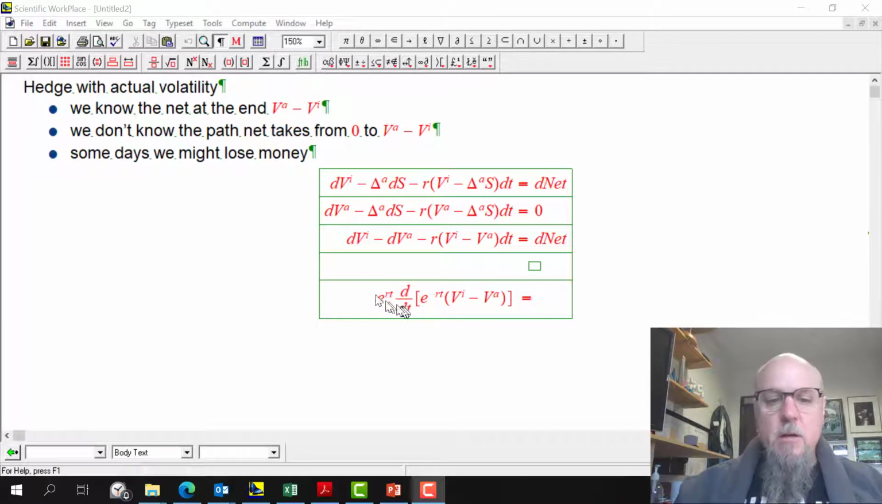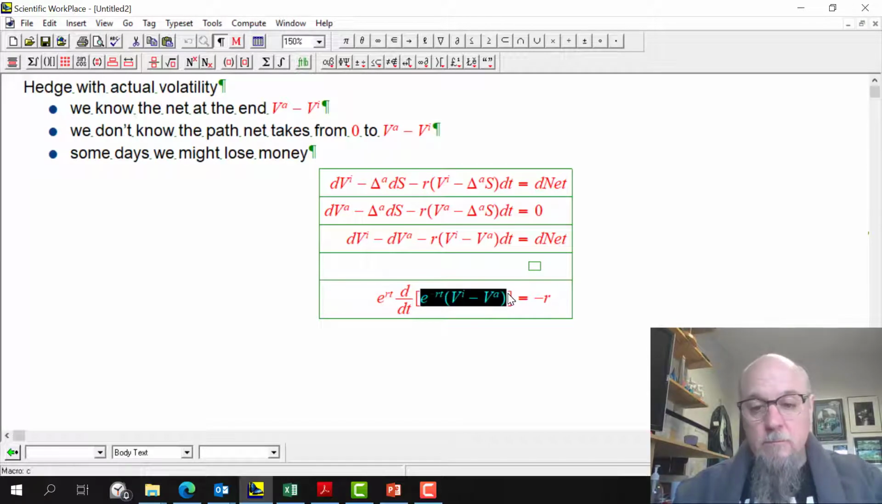So now let's approach this from a slightly different angle. Consider this expression, e to the RT times the derivative with respect to time of this expression. Well, let's take our derivative. I'm going to have to do product rule here. I need to take the derivative of the first with respect to time, which would be minus R times this. So I'm just looking at this derivative here. That would be minus R, leave the second alone,